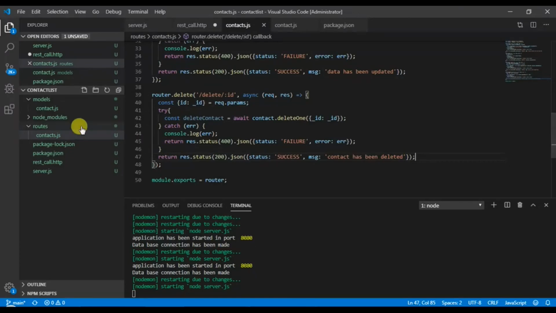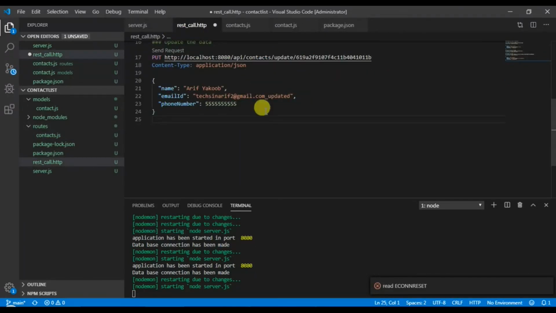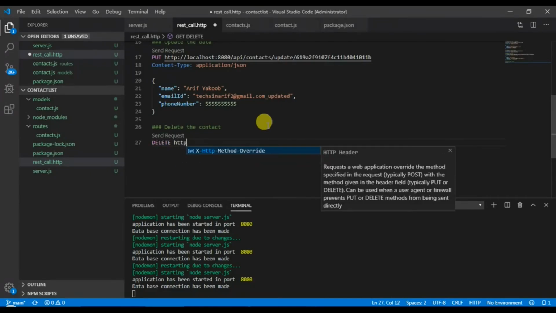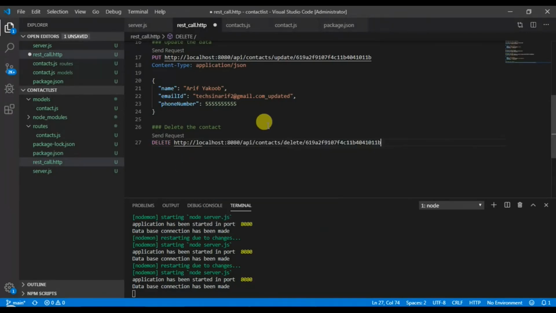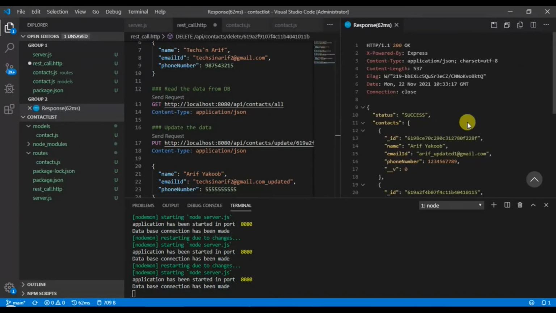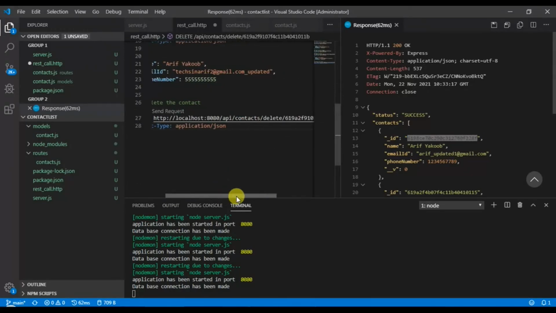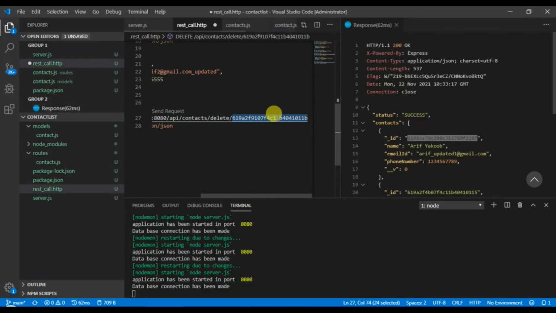Let's verify this delete operation using the HTTP file. We must define the delete method first, followed by the URL and the content type. We will not use any body content in this case. We are going to remove the first record in the contact list.